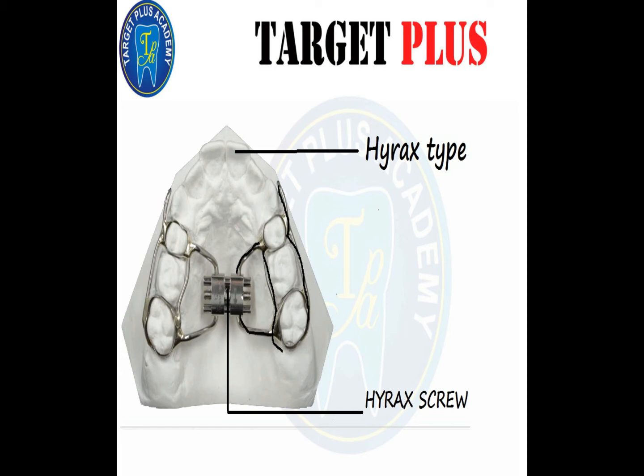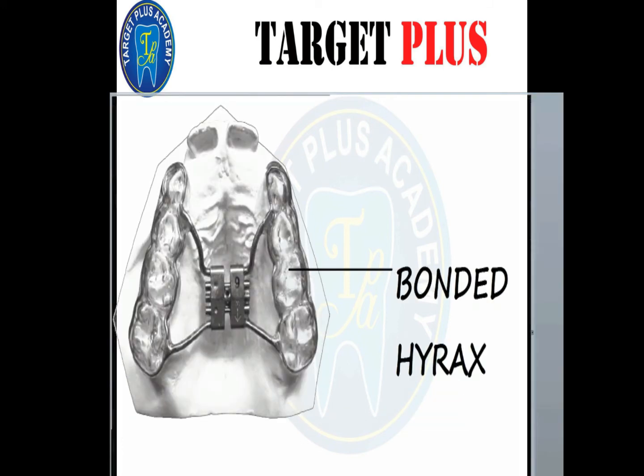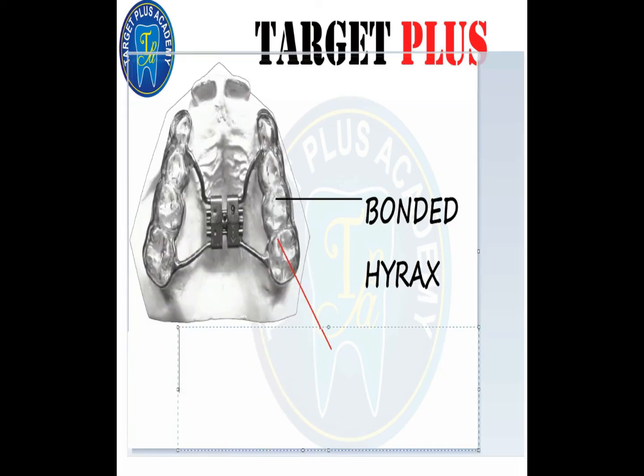Now in banded appliance the oral hygiene is facilitated because the gingival coverage is limited, whereas in bonded Hyrax it has an acrylic cap splint that covers the posterior teeth on either side. So you can clearly see the acrylic cap will cover the posterior teeth on either side. The arms are attached to the cap splint on either side. So these have a wire framework to reinforce the acrylic.